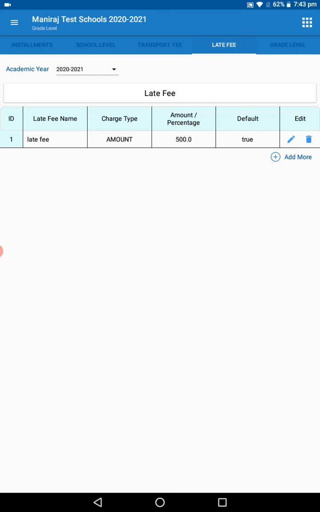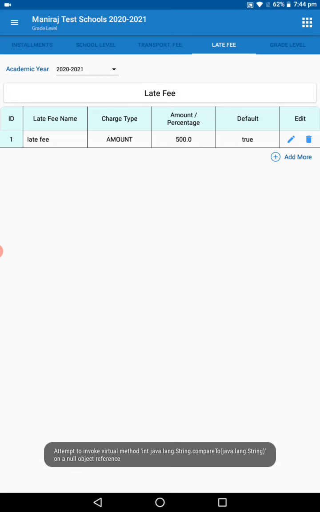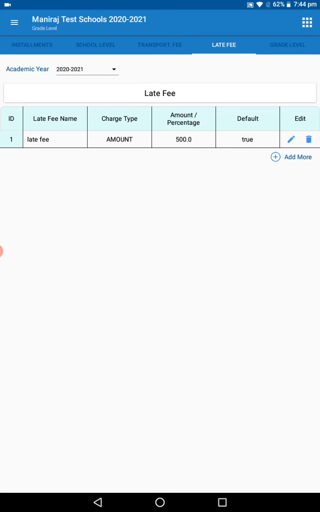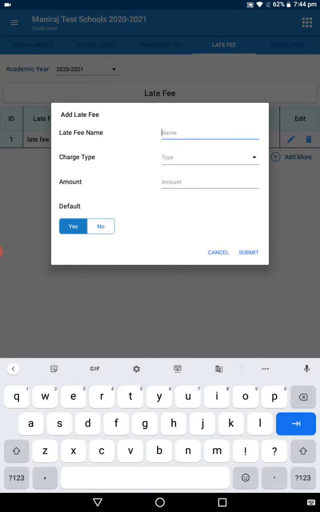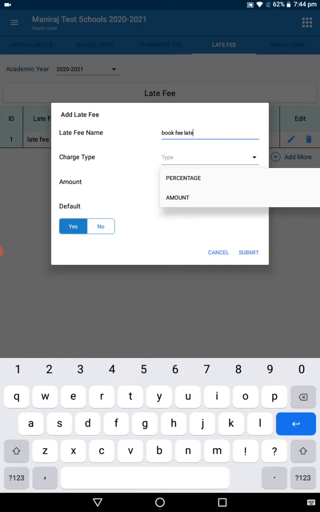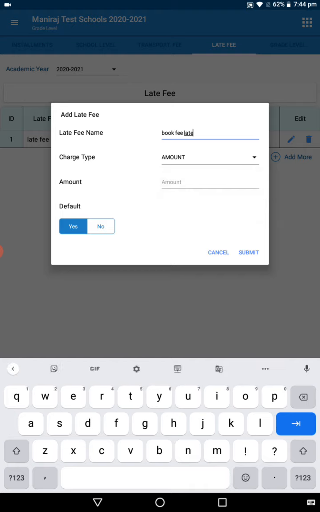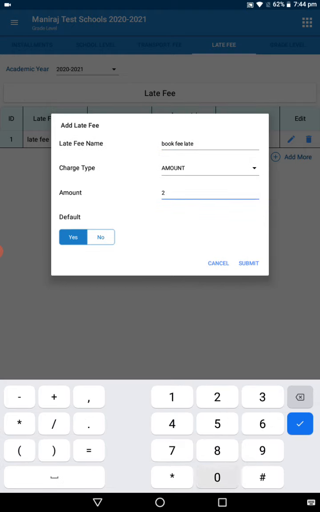And late fee. Late fee is nothing but, as I already told, after the tolerance the person who is paying the academic fees should pay along with the late fees. For example, let me create a new one, and here the late fees for book fees. Okay, now the charge type is amount, and the amount I prefer is 200.